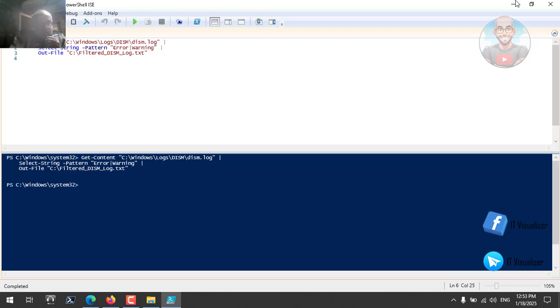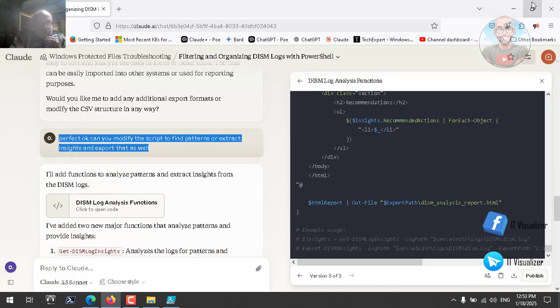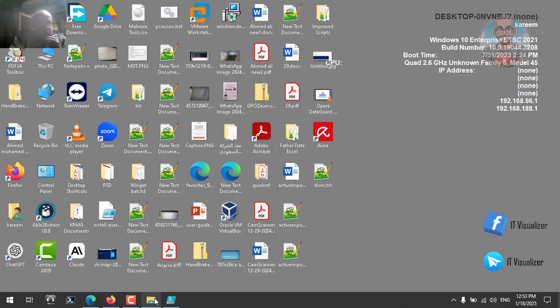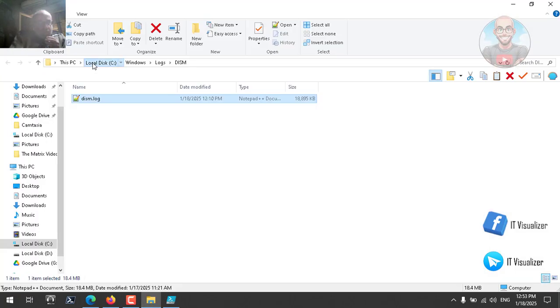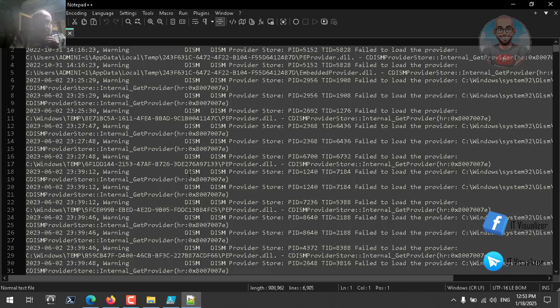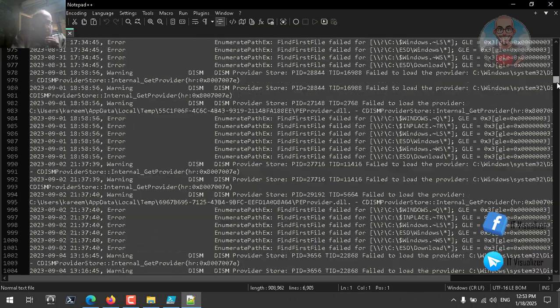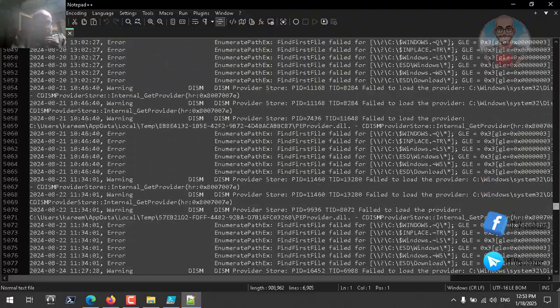Okay, let's see the text file. Now we can go to the C partition and try to see the logs. Here we can see filtered DISM logs. We can open it. Now we can see these are the warnings and the failed events. We have warning, warning, warning, and we have errors. So this is how we can filter this